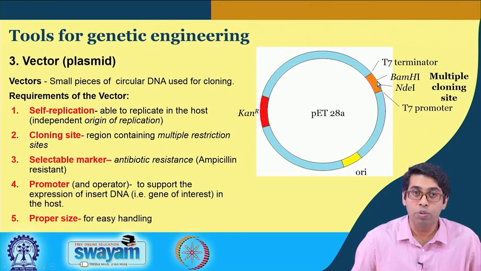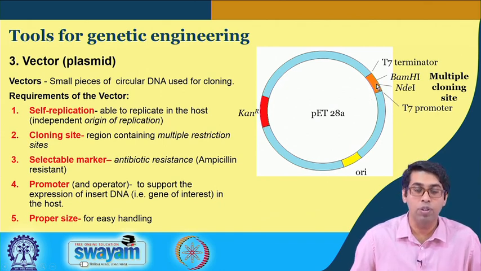So, you can choose which restriction enzymes you want to use, and you can use both restriction enzymes simultaneously to cut open this region of the DNA. The way these plasmids are designed is that those sequences appear only once in this multiple cloning site and never in the remainder of the plasmid, because if the same sequence appears here and here, then the restriction enzyme will cut in both places. You do not want to cut in multiple places, you want them to cut in only one place.